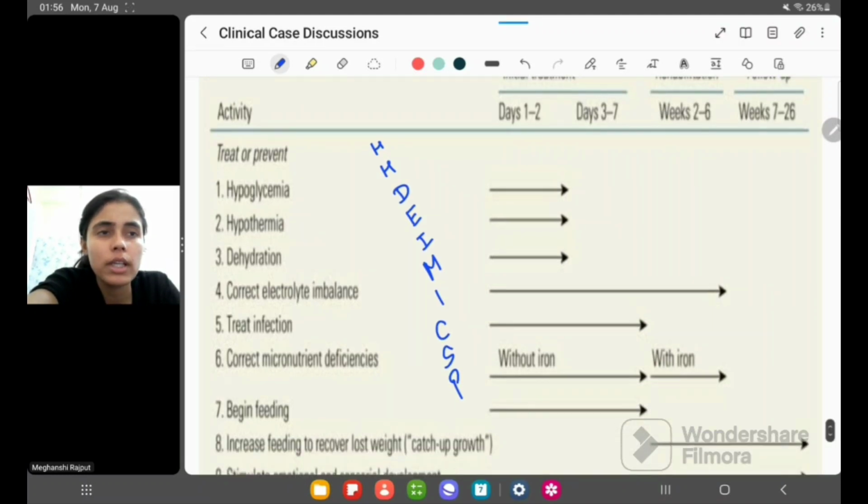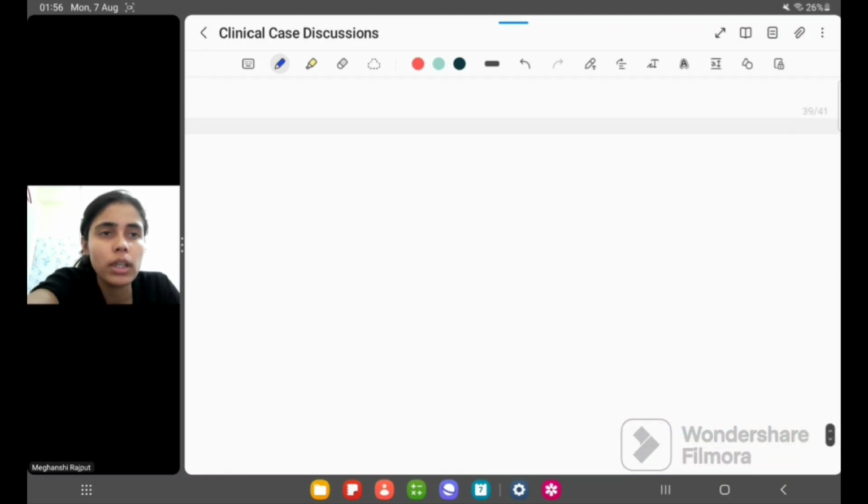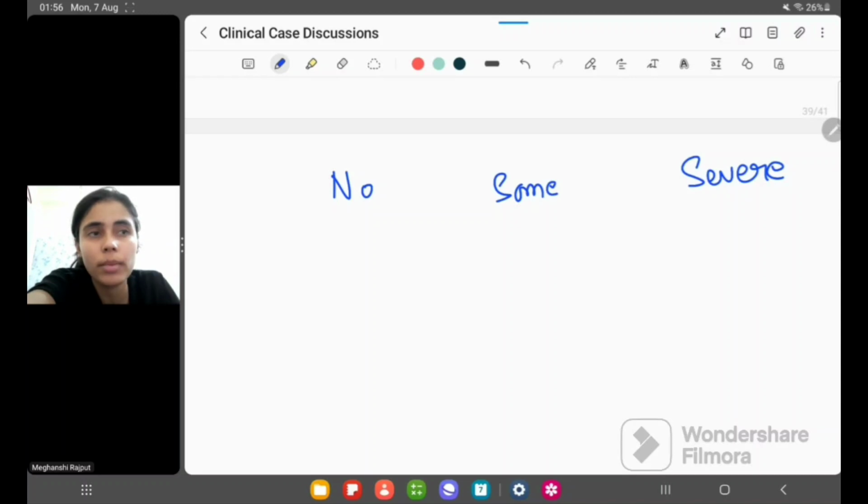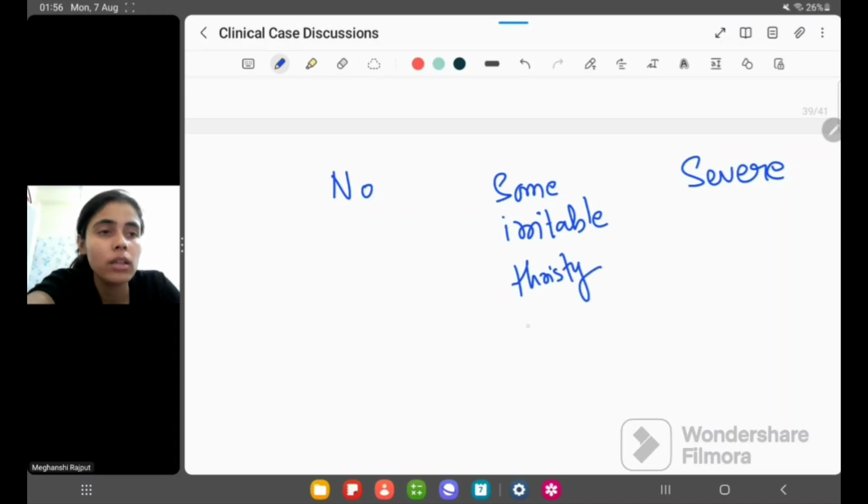For dehydration, if you are correcting it, one thing we should know is that there could be no dehydration, some dehydration, and severe dehydration. There is no mild, moderate, and severe. If the child is comfortable, drinking water adequately, and the skin pinch test is normal, it is no dehydration. If the child is irritable and thirsty, and whenever water is given the child drinks it quickly, the skin pinch is slow,